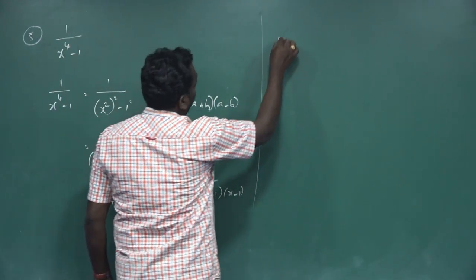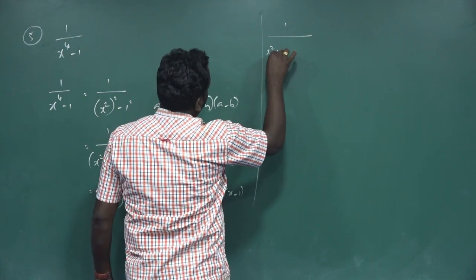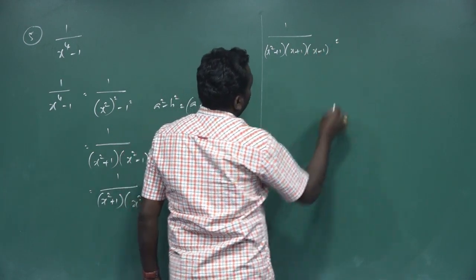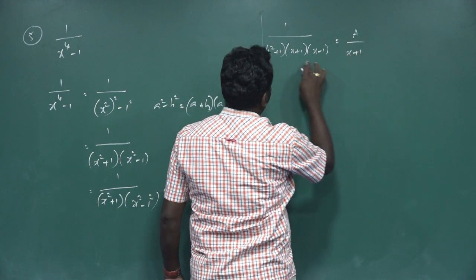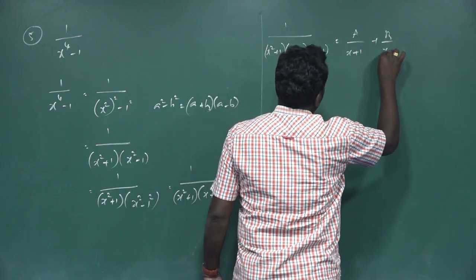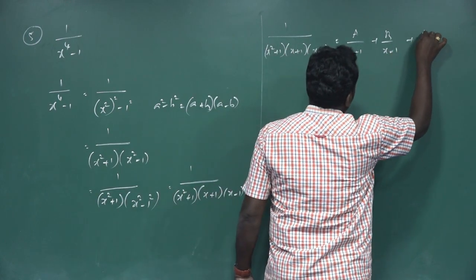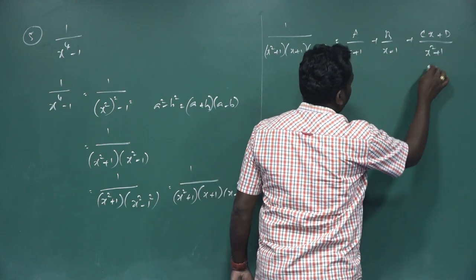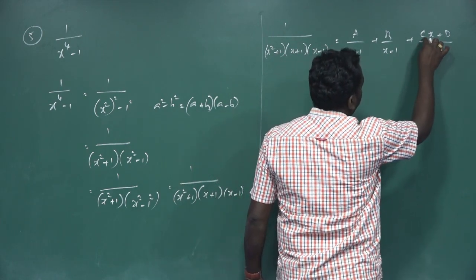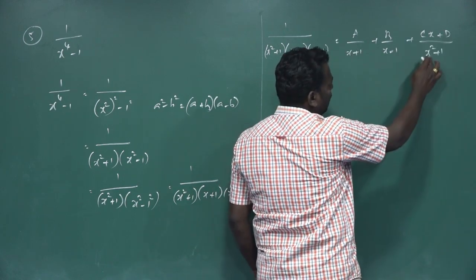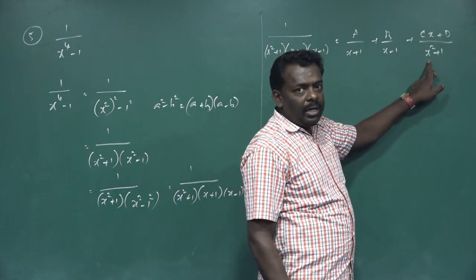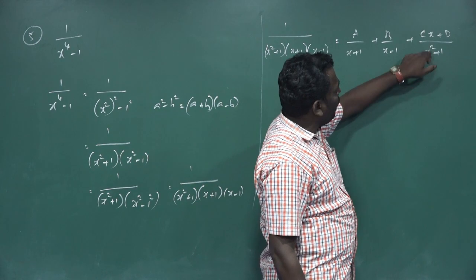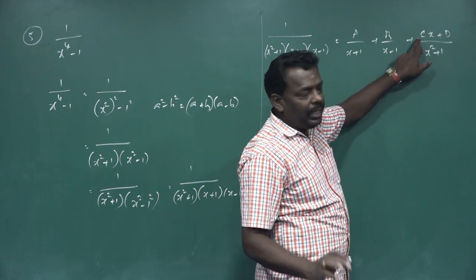Therefore this equation 1 by (x square plus 1) into (x plus 1) into (x minus 1) is equal to, first write, a by (x plus 1) this factor, plus b by (x minus 1) this factor, plus (cx plus d). Because the denominator x square plus 1 is a quadratic equation, for the corresponding numerator we write a linear form. Because the denominator has non-real roots, the corresponding denominator is called a quadratic, and the corresponding numerator we can write in linear form, cx plus d.